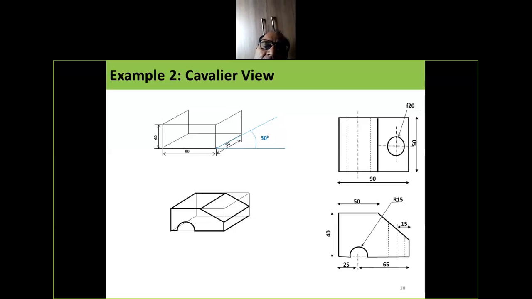And this is the cavalier view of the figures. First of all, the cavalier view. In the second figure, the cavalier view is like that, and its front view is below the reference line, and the top is above the reference line.